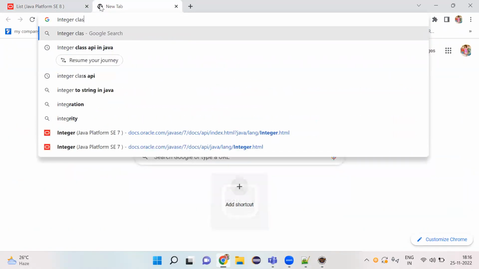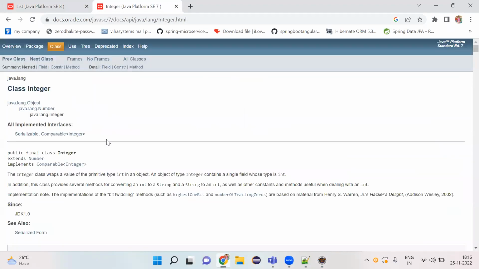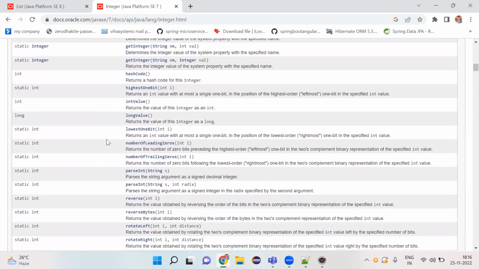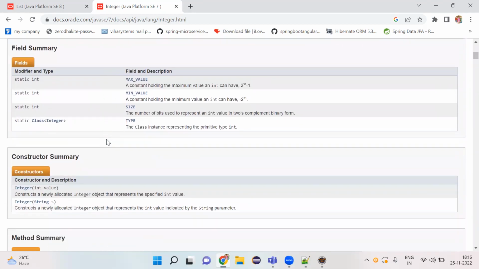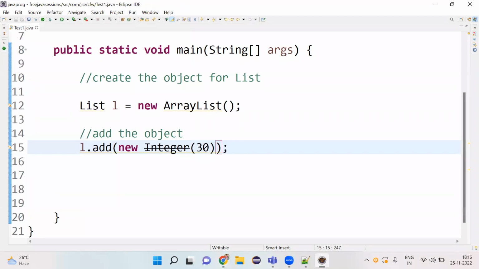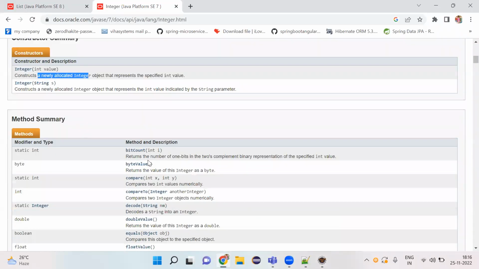one second. Let me open the Integer class API on docs.oracle.com. That is not giving you any issue, sir, but still I'm just trying to find out if any alternative is there to create an object of Integer. Okay, directly they are giving it like this. One second. Yeah, it was there. Constructs a newly allocated Integer object that represents the specified int value. This is the same constructor I'm using here, new Integer. But it is giving you